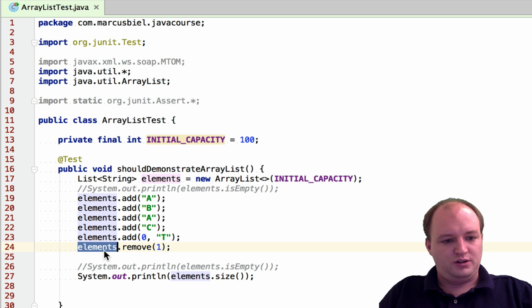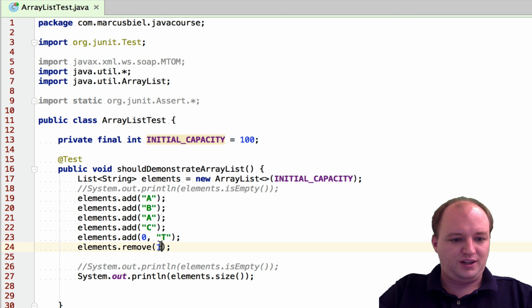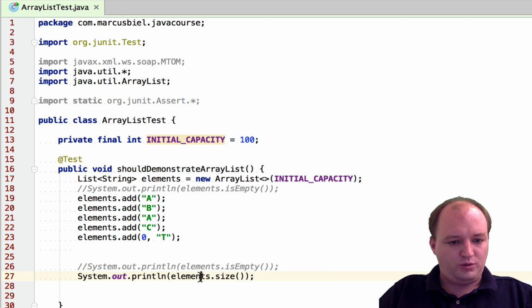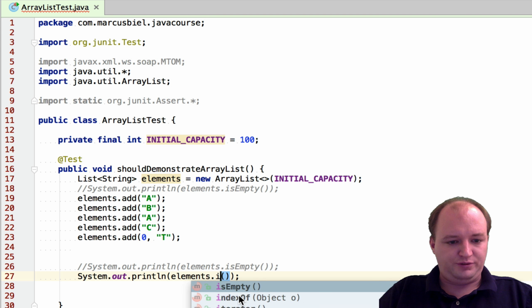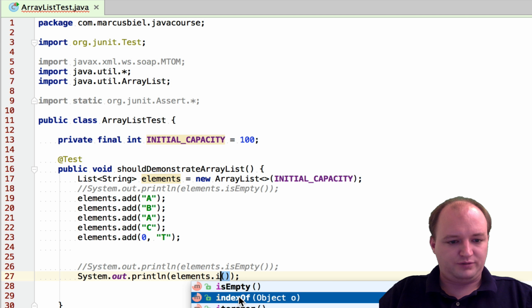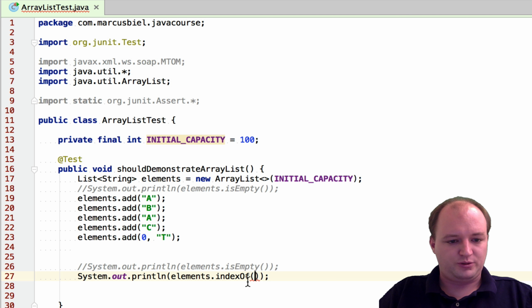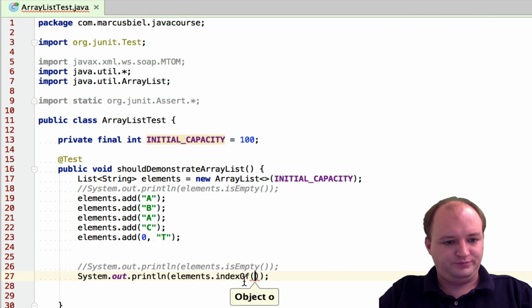Okay. Now we can also ask for the index of a certain element. Let's do this here. Index of, and there is also last index of. So index of, let's use the a.